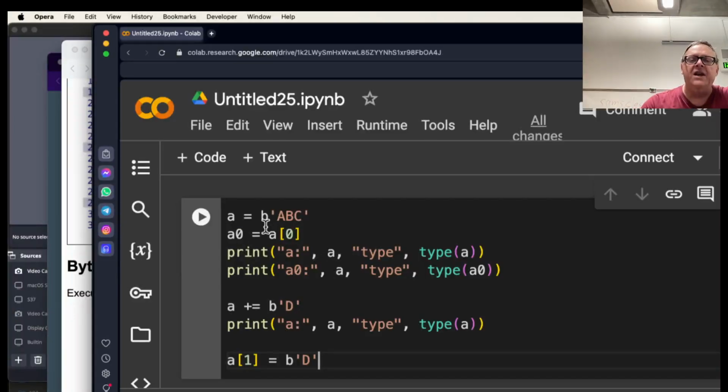So here we are. I define a bytes object, which is capital ABC. Then I make a variable called A0, which is the first element in that byte array. And then I print them out with the type of data so we can see what they are. So let's see how this all looks. If I run that,